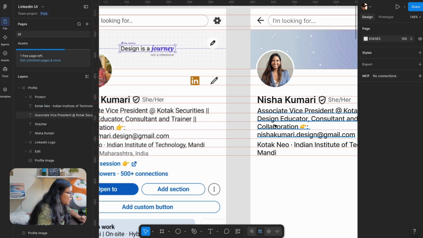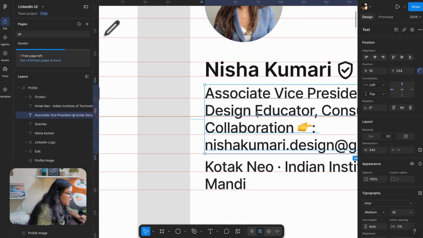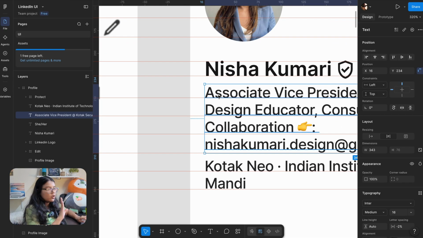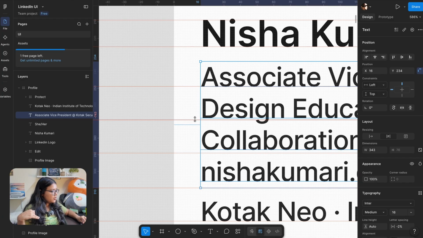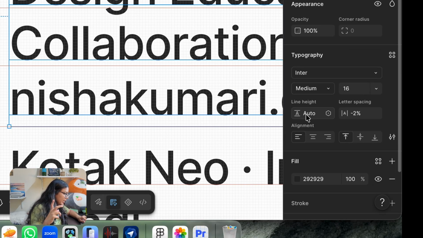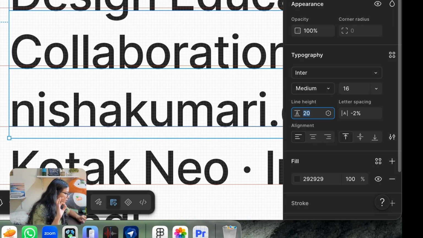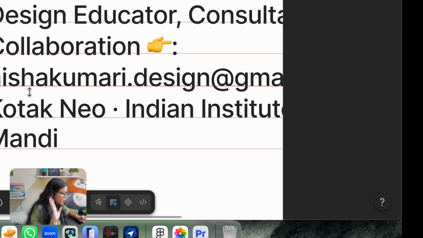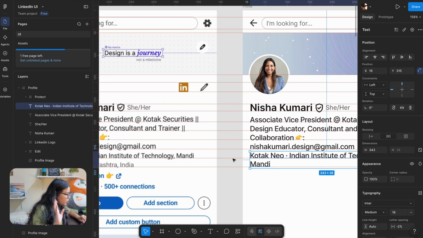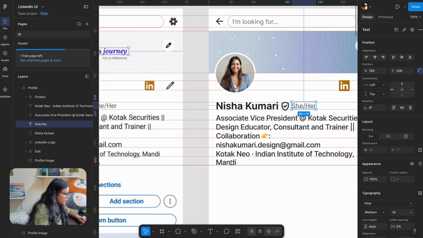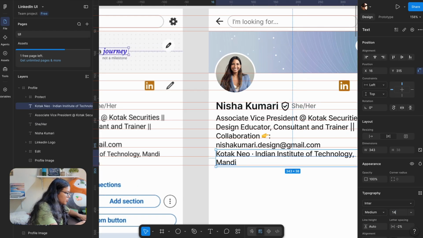Yes. One more thing that I see is that when the text got wrapped, or when it came down like this, it is not exactly following the rulers that I had. So I may need to increase the distance between lines when things are wrapped. How do you do that? In typography, there is line height that you can increase. So I'm going to use the arrow key upward and see just one. Increasing it a little worked for me. Okay, I think this one is a bit smaller, so I'm going to use the same font size as this one, 14. So I'm going to use the 14 one.